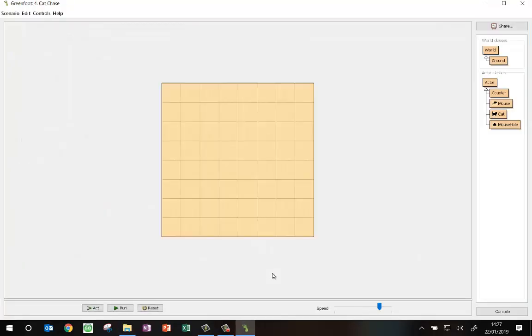Now in this example, what we're going to say is that we're going to have one cat on the screen, which we're going to be able to control using the arrow keys. There needs to be 2 mice, which are going to move randomly around the screen. There's going to be 2 mouse holes, which will just stay still on the screen,